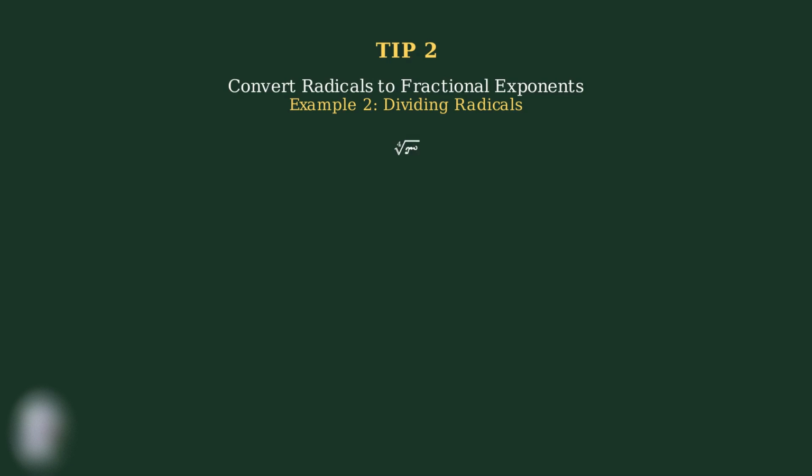Here's another example showing division of radicals. We have the fourth root of x cubed divided by the square root of x. Again, this looks complex in radical form, but becomes straightforward with fractional exponents. Converting to fractional exponents, we get x to the 3/4 power divided by x to the 1/2 power. Using the division rule for exponents, we subtract the exponents, 3/4 minus 1/2. To subtract these fractions, we need a common denominator. 1/2 equals 2/4, so we have 3/4 minus 2/4, which equals 1/4. The final answer is x to the 1/4 power, which we could write back as the fourth root of x